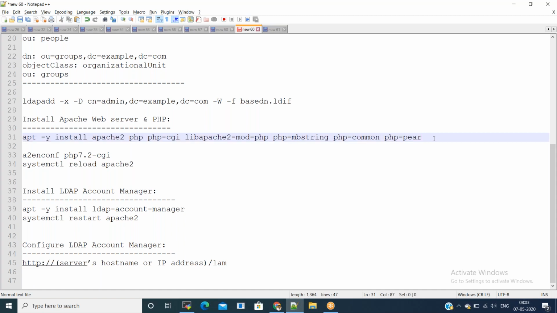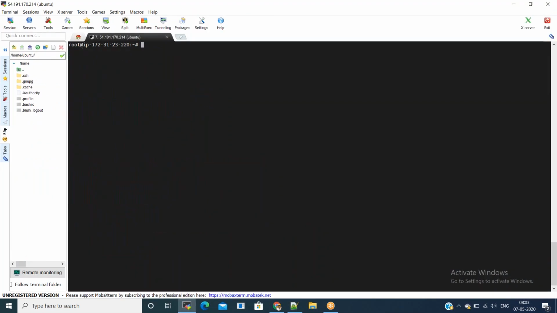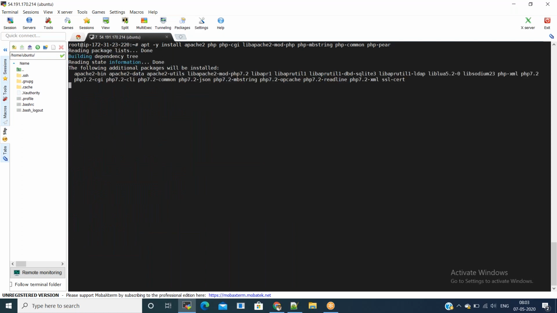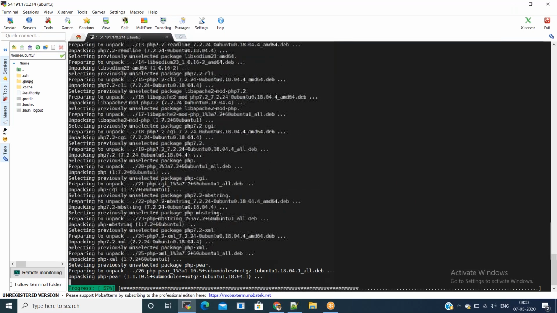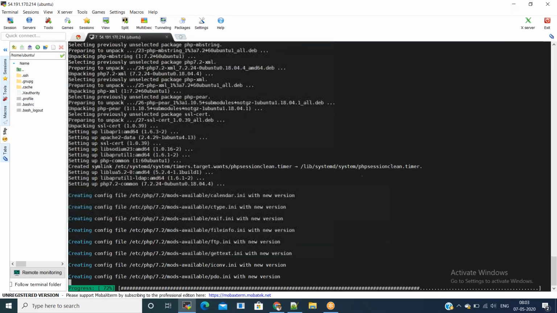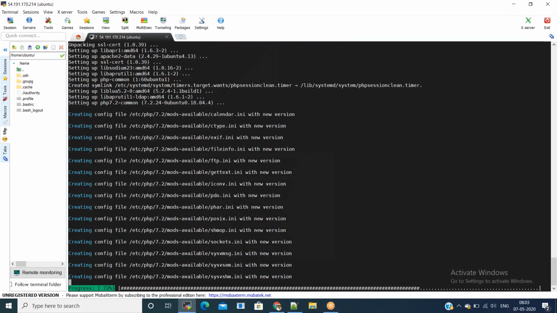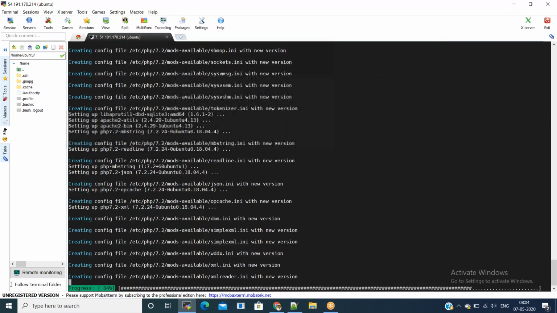For that, I'm going to install Apache web server and PHP, and then I will install LDAP account manager. First, let me install Apache 2 and PHP. Apache 2 and LDAP packages are almost done.